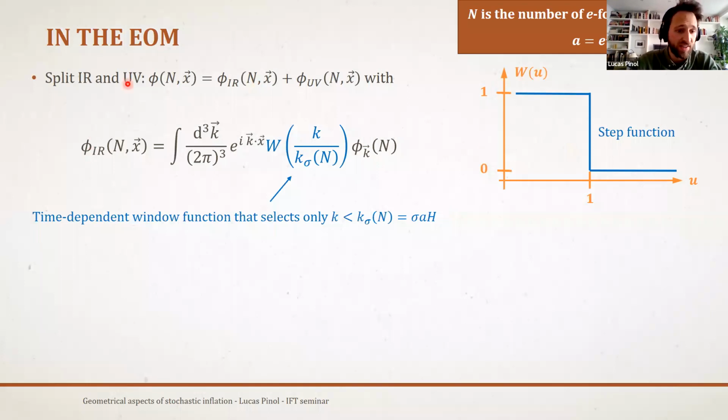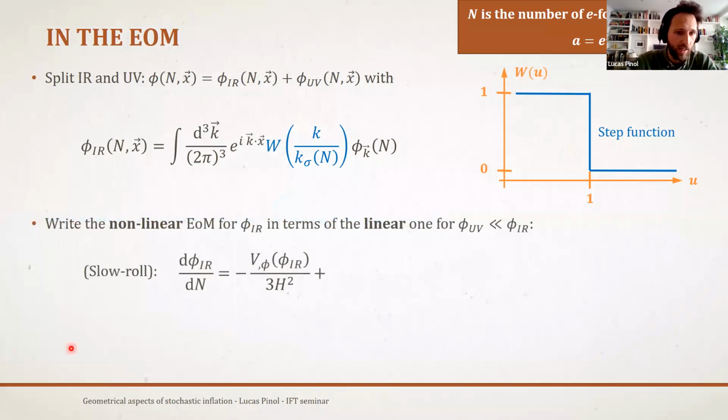Now, if you plug this ansatz into the equations of motion that you can derive from your Lagrangian, assuming some slow roll hypothesis just for simplicity at this point, what you will find is that you will recover the classical drift, the one that you have for the homogeneous background in the usual cosmological perturbation theory.